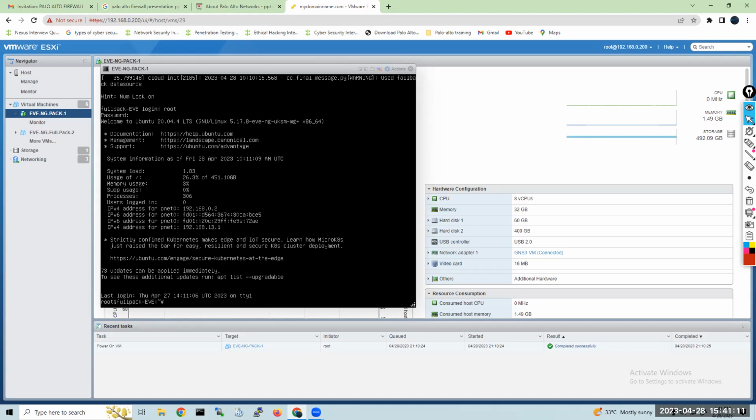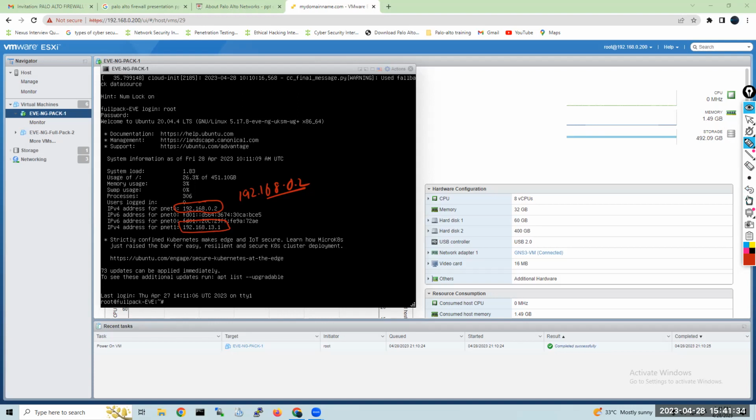Same. So I got the IP address, which I can browse. It has been taken from DHCP. This is the IP address, 192.168.0.2, and this is the PNet one, where I can connect to the internet.